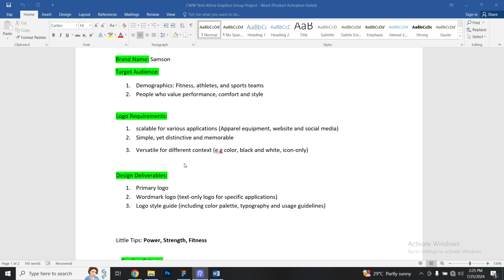Now the same thing applies to the logo requirements. Yes, you are still working with the same logo requirements. The design deliverables, you are also working with the same thing. Now the little tip is that it is furniture, minimalistic and stylish, you understand. So that's what we're going to be working on. And I think I need to also mention to you that